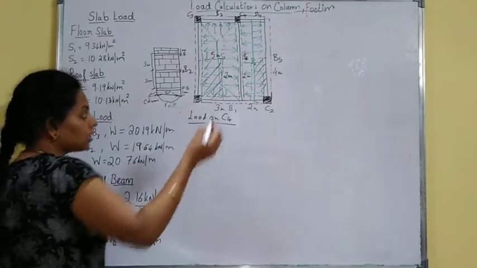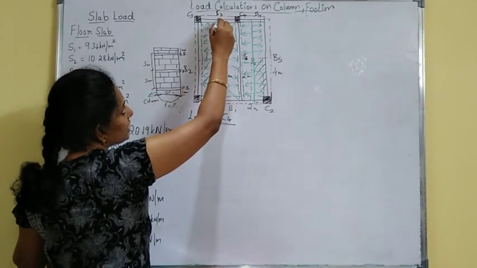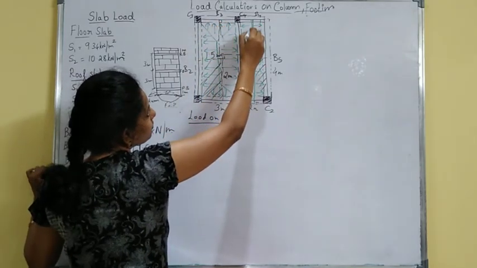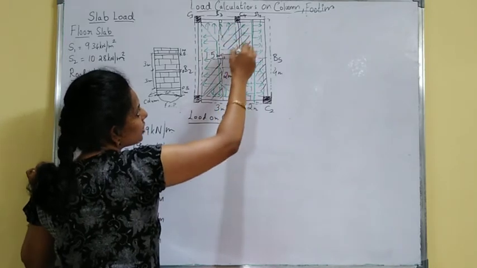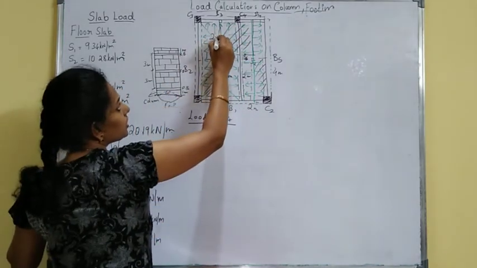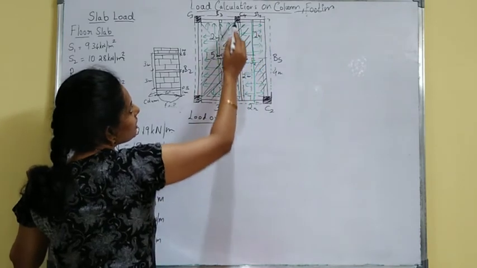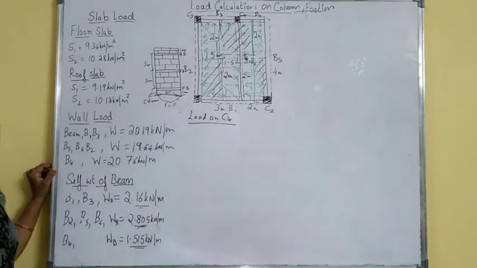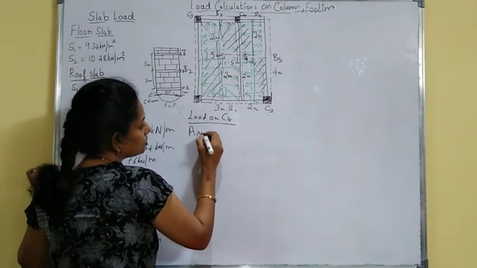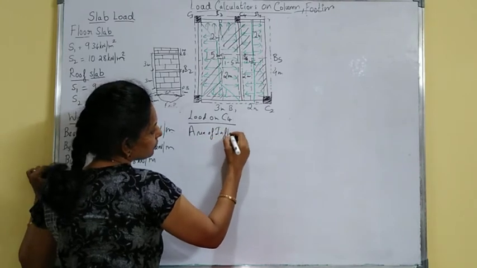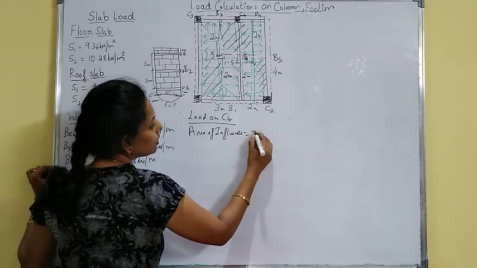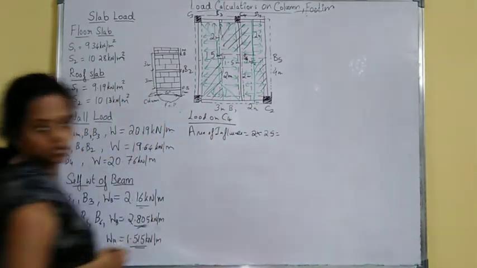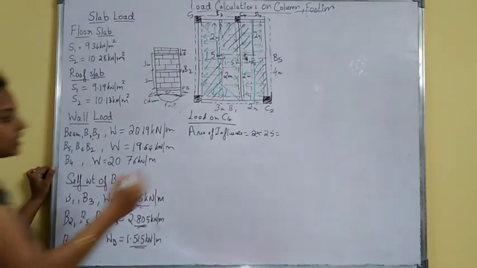Okay. See here you have, it is almost a side column. So you have area of influence. This is your area of influence. So here it is 2 meter, here it is 2 meter, and this is half of this is 1.5 meter, and here it is 1 meter. Okay, this is your area of influence. So area of influence is 2 into here 1.5 plus 1, that is 2.5 meter. So this will be your area of influence, that is 5 meter square.